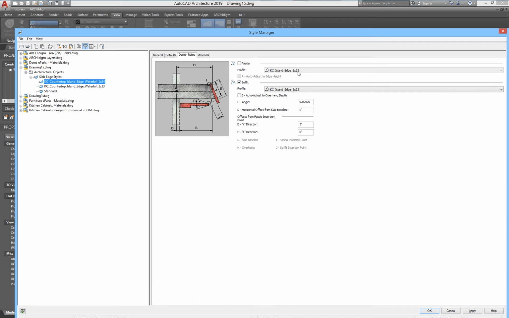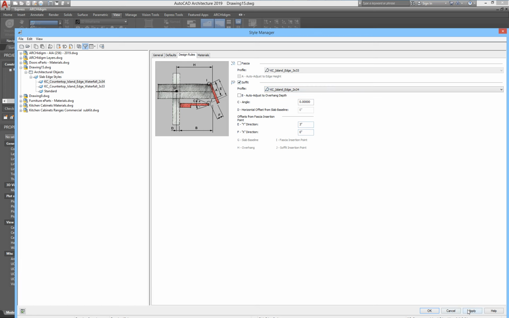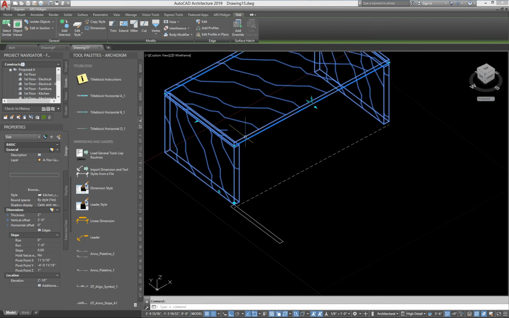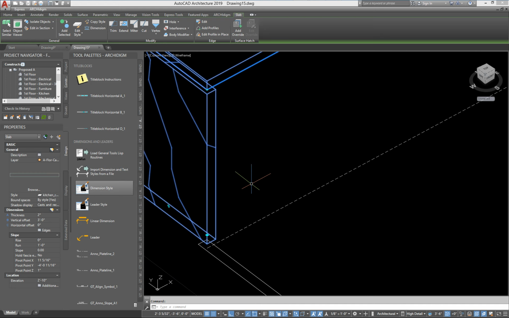So we change the settings in here. This one, because it's a soffit. Now we can use it. So now we'll grab this, go to edges, take this and this, oops, this too, and set it to 2 by 34. All right, and